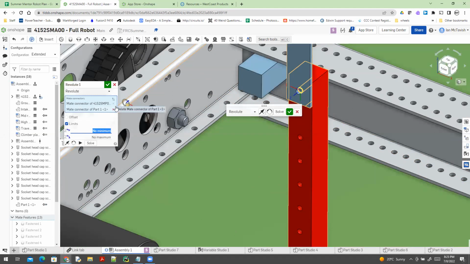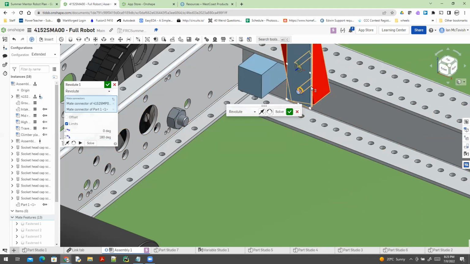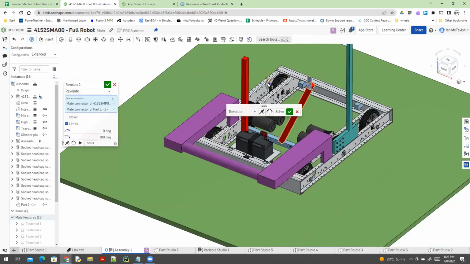So right now, let's say I can go from 0 to 180. I can actually play that and I can see what that looks like. That looks like 360 instead of 180, but so you can see,